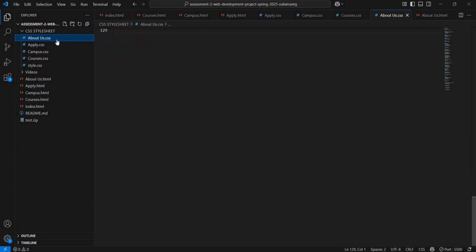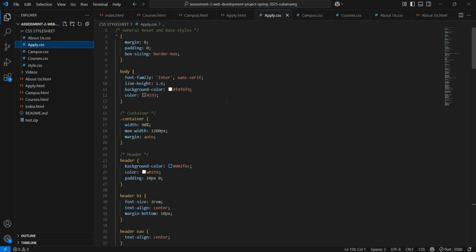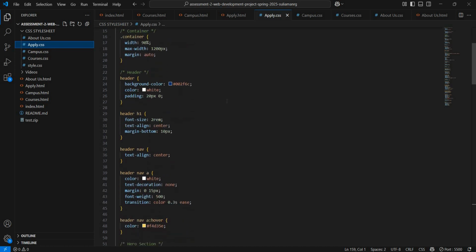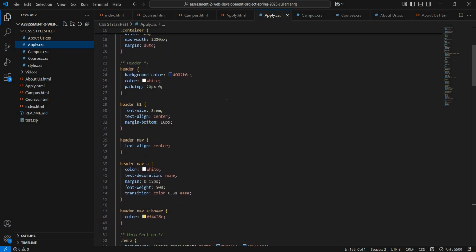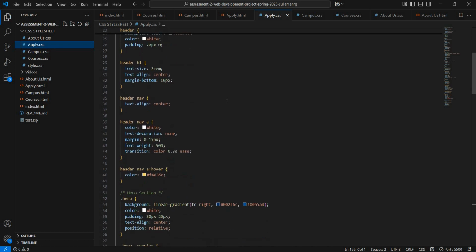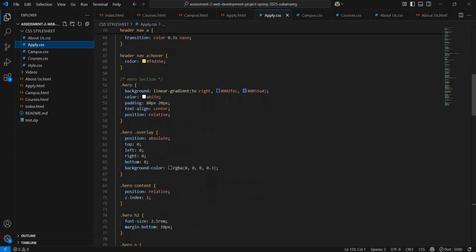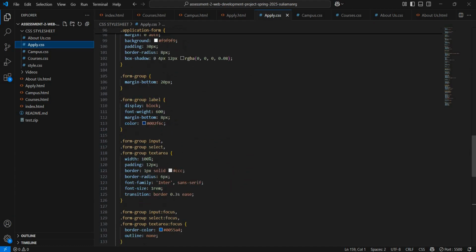The styling includes font choices, color schemes, margins, padding, and layout as well, using either block or flex. So I'll just show this to you.